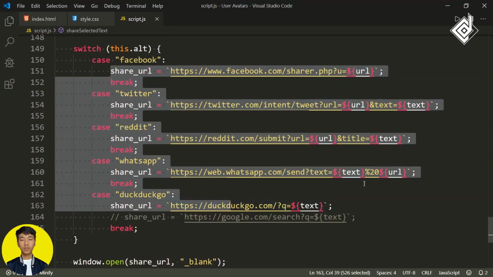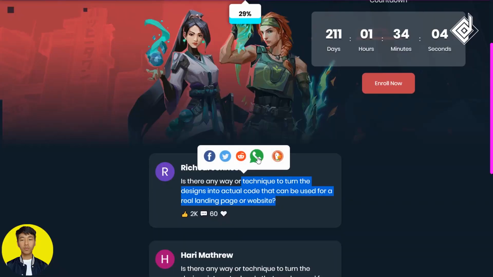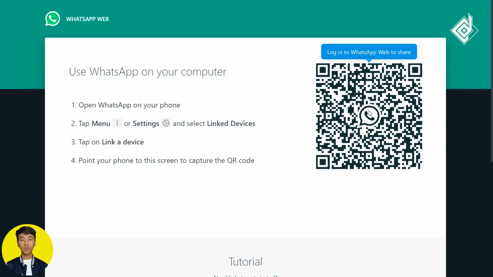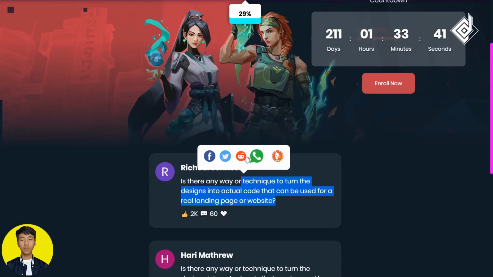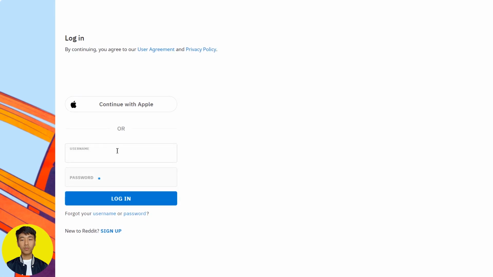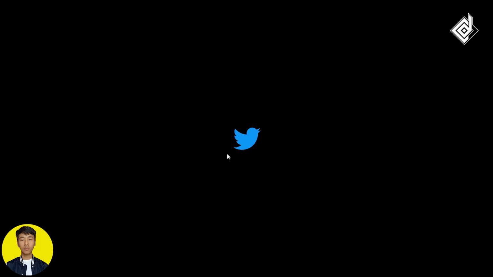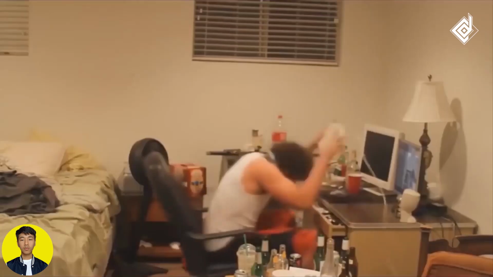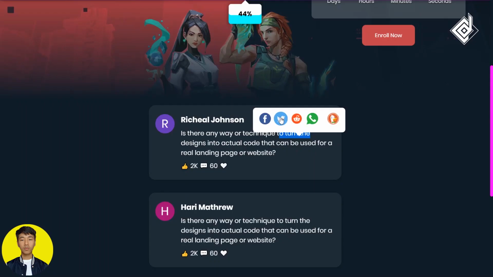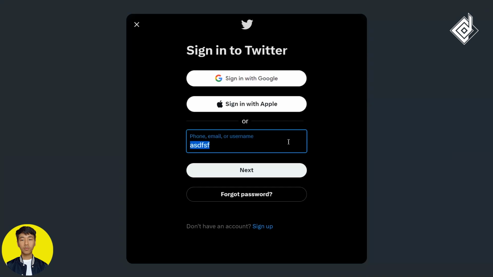So now with the help of this code, you will be able to open a new window targeting that share URL. So for the last time, if I select this text and if I click WhatsApp, you see that now you just need to log into your account and you're ready to share. What about Reddit? Okay, it is working perfectly fine. How about Twitter? Okay, for our Twitter, it's not working. Oh, I have forgotten to give the www. So just keep that there. And now if I click that Twitter icon, yeah, it's working completely fine.